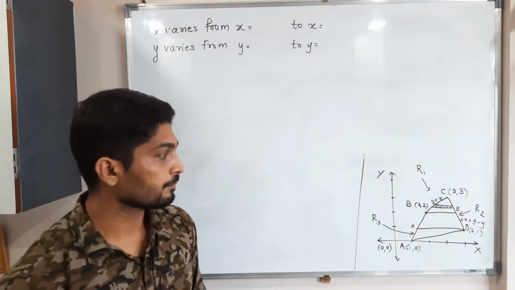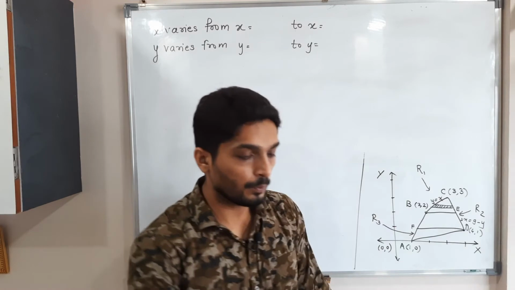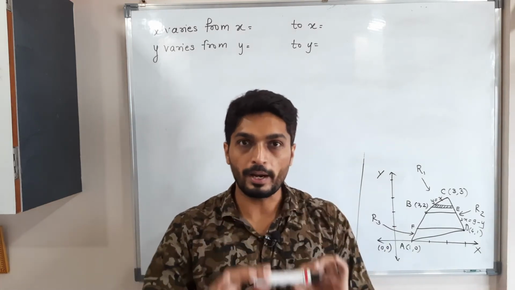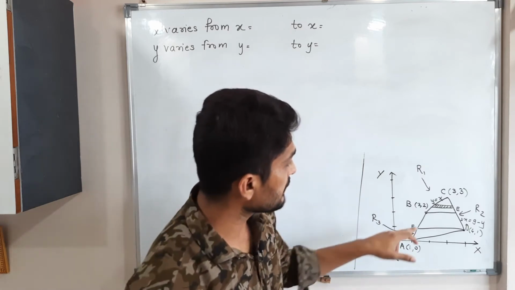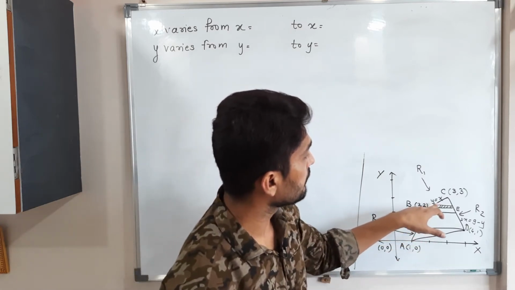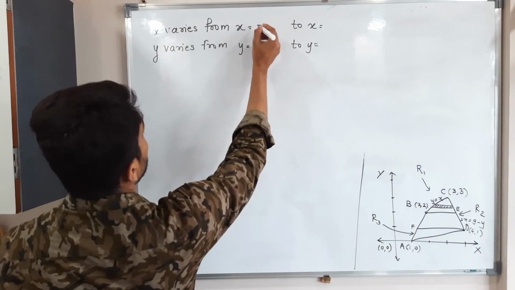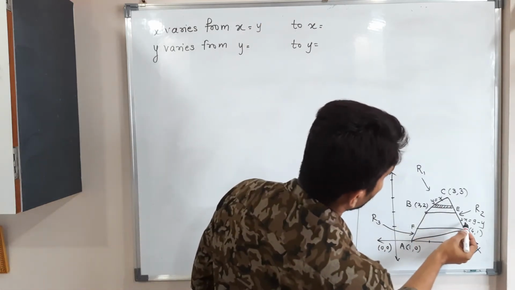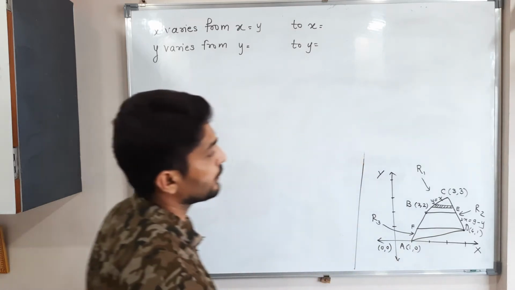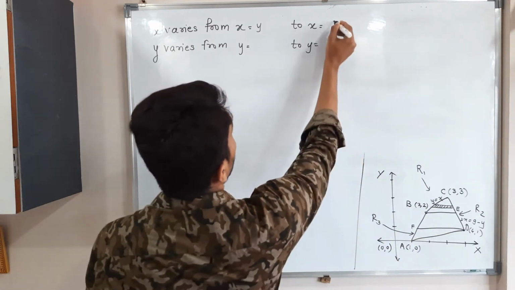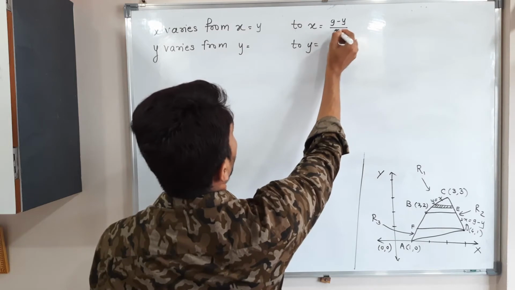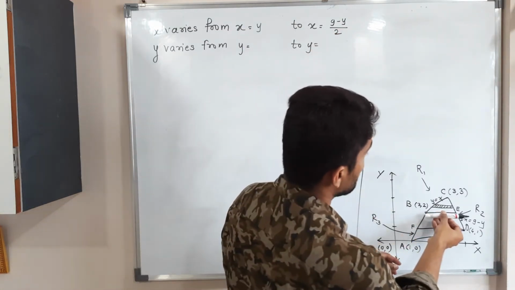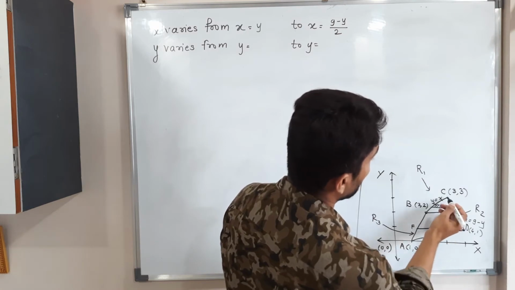So let us continue. See, we have a strip parallel to the x-axis, so we write bounded below, bounded above, and bottom to top. So the strip is bounded below by y is equal to x, that means x is equal to y. The strip is bounded above by this equation, 2x is equal to 9 minus y. So that's why x is equal to 9 minus y by 2, right? After that, we have to move the strip like this from this line to this corner.